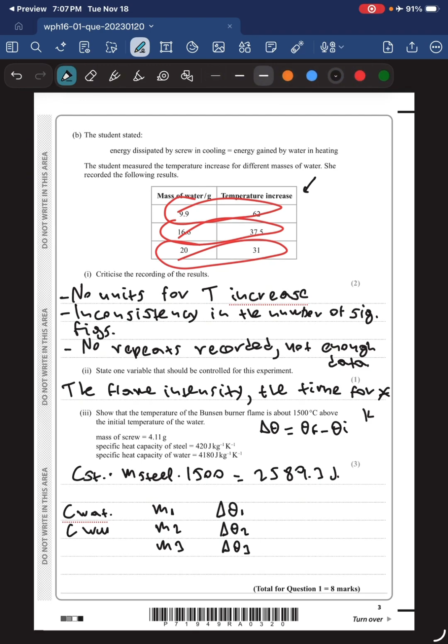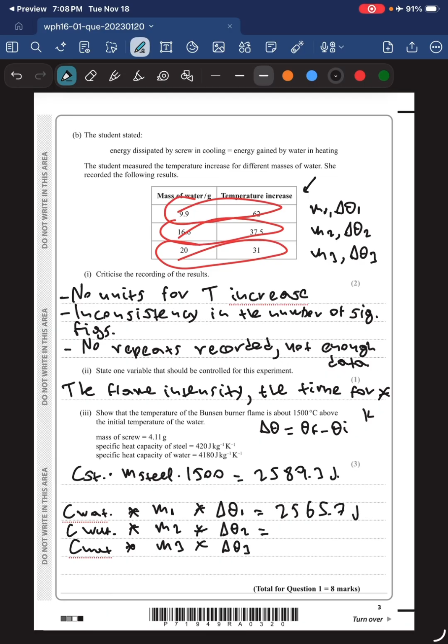So seawater, seawater, seawater times, okay? So this is M1 delta theta 1, this is the pair M2 delta theta 2, and M3 delta theta 3. So if we use these values here, we find